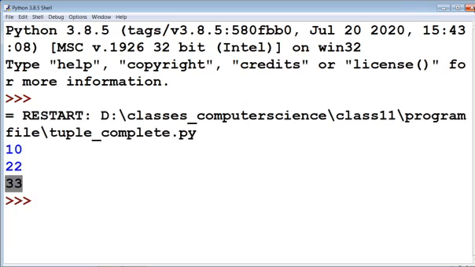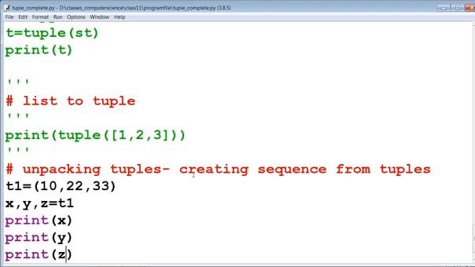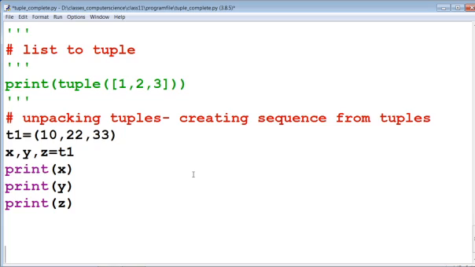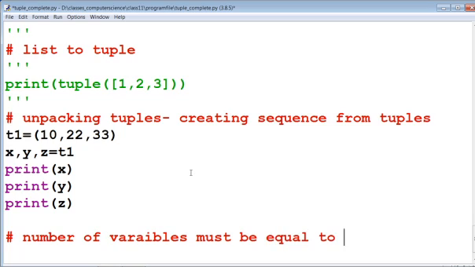This is of integer type, and here we must keep one thing in mind: the number of variables must be equal to the number of elements in the tuple.